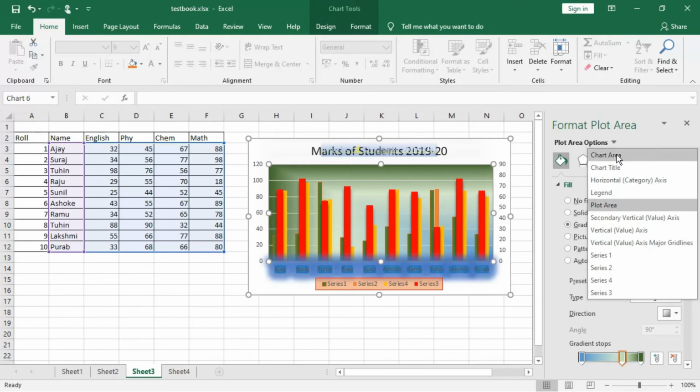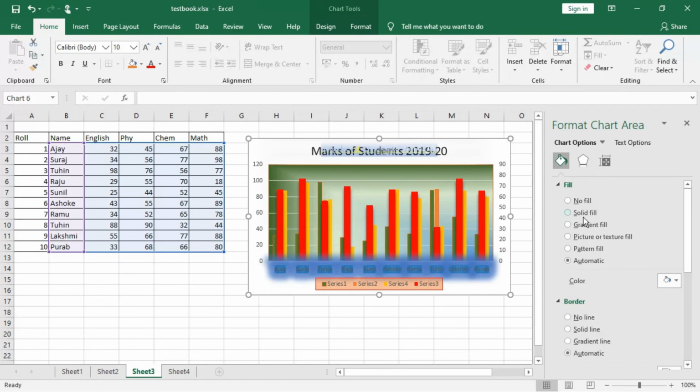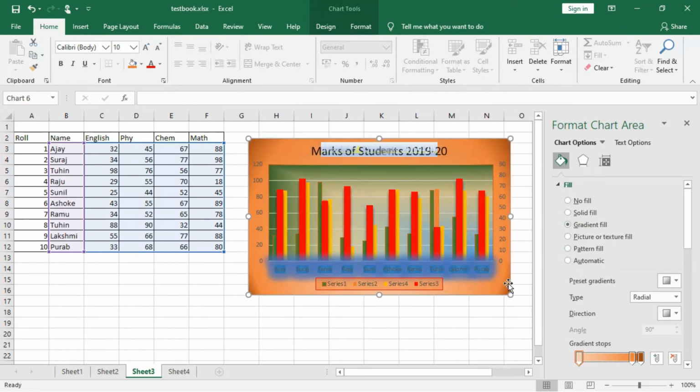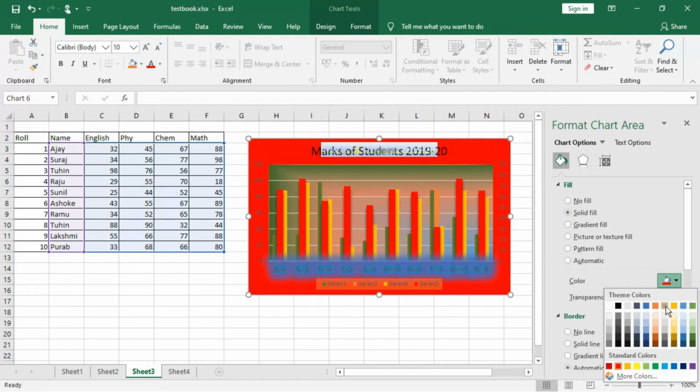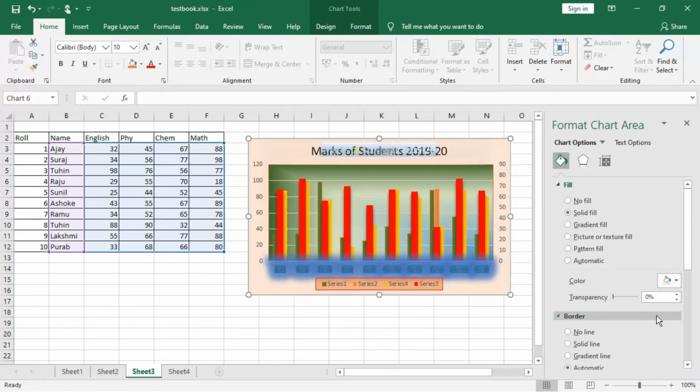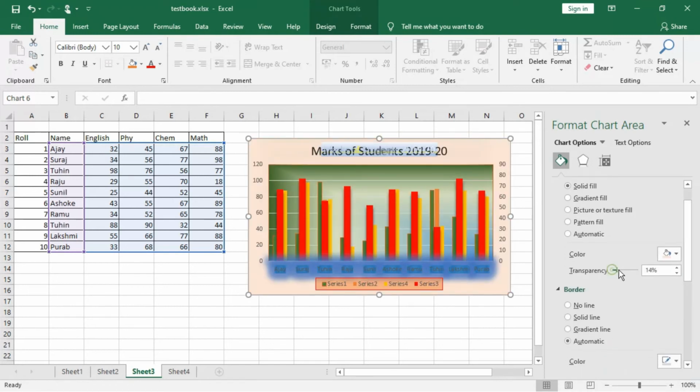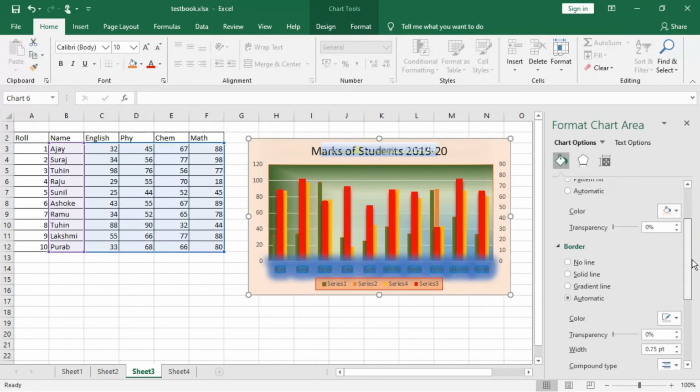Okay, so the chart area you can come over here. I have already shown you how to do the texture for the chart area. This is the chart area, this is the plot area. There's a difference. Chart area means this one. If you want to fill it, you can go for the solid fill out here. I don't want it like this, I want to make it like this a bit. Then I will increase the transparency of white. I'll increase the transparency, so it will be like this. Actually the color is a bit light, that's why it is showing so.